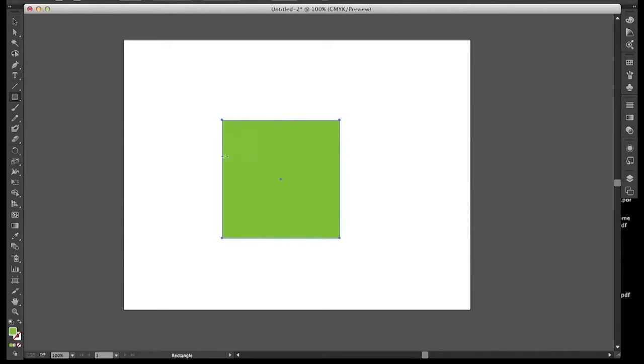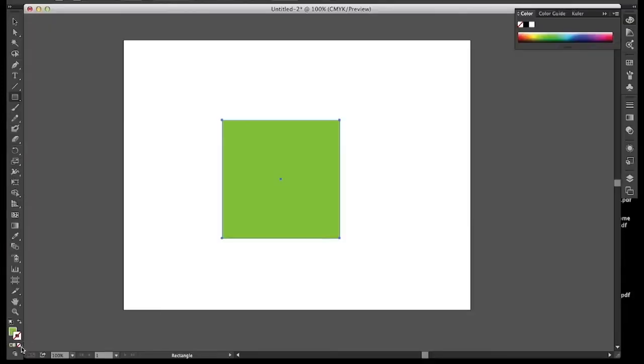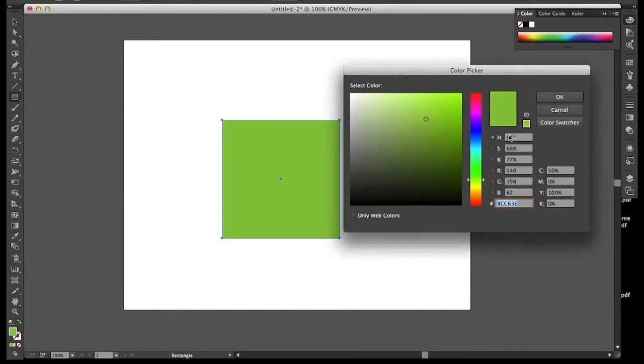We want to make sure there's no stroke. We want to see stroke, little Ghostbusters no sign. So if you see an outline around it or you don't see this, make sure you click on it and click the no sign. So no stroke. If we have an outline around these shapes that we're creating, it's going to ruin the optical color effect. So let's pick a yellow color. We'll go to the color picker again, the fill color, click, and we'll pick a yellow color